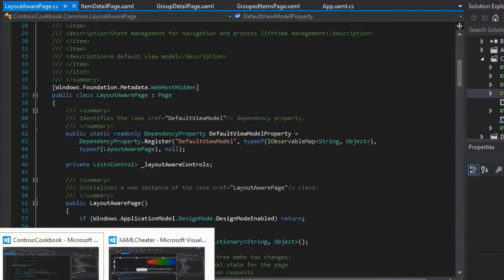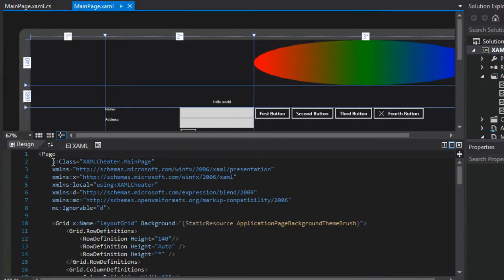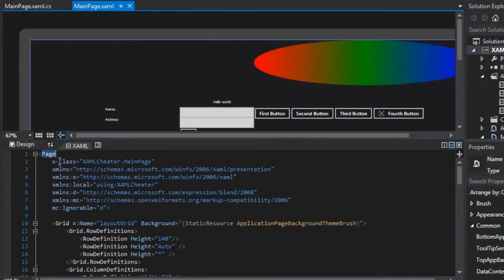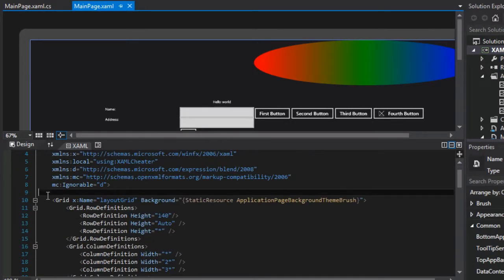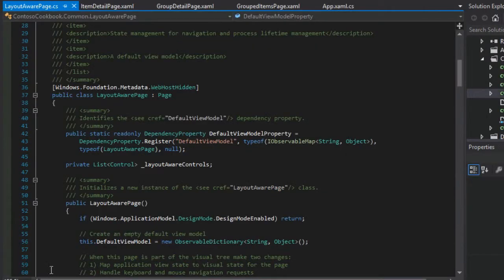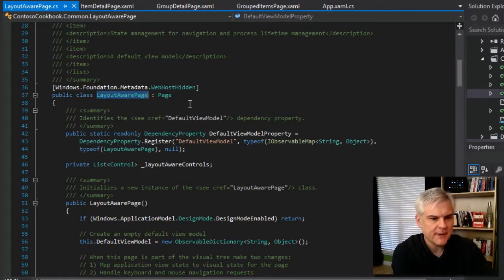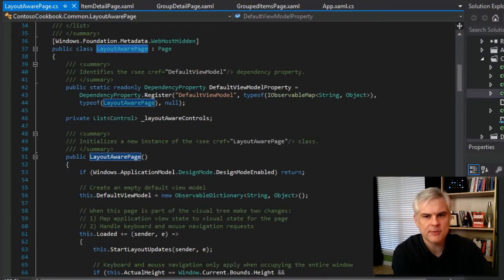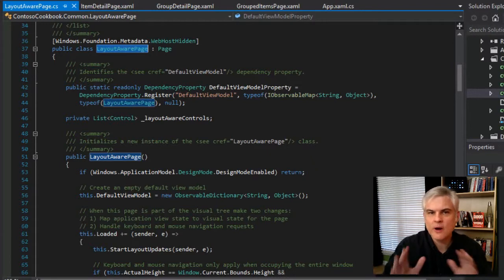When we looked at our XAML cheater, it uses a page object, and inside that page object we define our layout grid and so forth. But here we're using a special version of page, a page that's been subclassed called layout aware page, and it has superpowers, okay? And essentially the superpowers are making it layout aware,